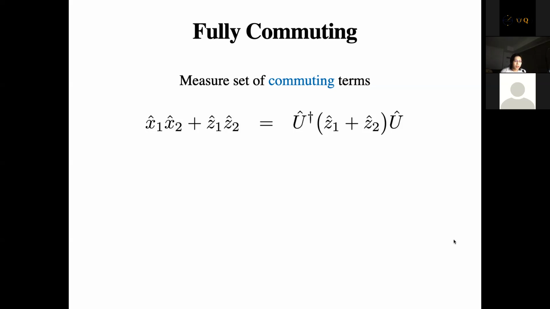But you can see that it doesn't satisfy the qubit-wise commuting condition, because on the first qubit, one of the terms has x1, and the other term has z1. So it's the same for the second qubit, that they do not qubit-wise commute. Now the cost of measuring all these terms, the cost of rotating them into the z operators, is that now your unitaries are slightly more complicated than the single qubit unitaries that we found. And finding these unitaries,